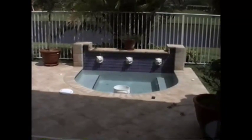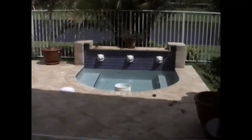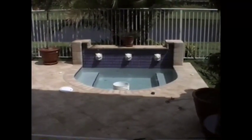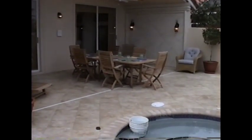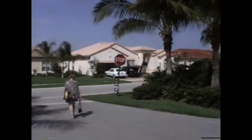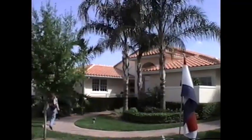This is a 1,900 square foot house in Cascades for about $168,000. And this is an outside hot tub, which comes as an extra. Outside patio. Here we're again in Cascades, the original, which has the golf course. And we're going to look at our favorite house, the Heritage, which has gone up in price to $213,000. Very nice